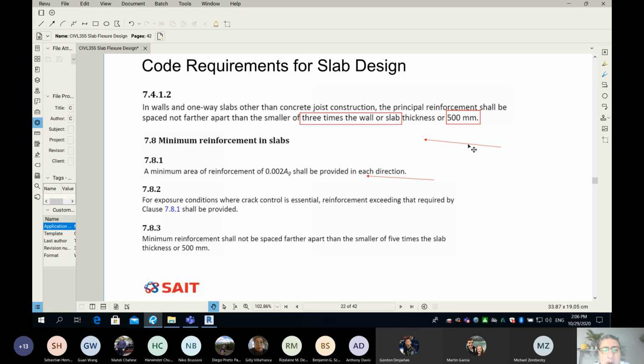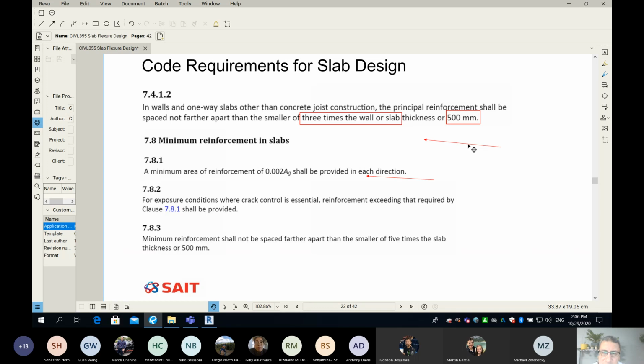Really, what I want you to understand is there is a maximum spacing between the rebar in your slab. How much? We have to find two numbers: 3 times the thickness of your slab or 500 mil. So in any slab, we cannot space our rebar further than 500 mil. So if you see a slab that has 2 feet in between the rebar, this is a mistake because it